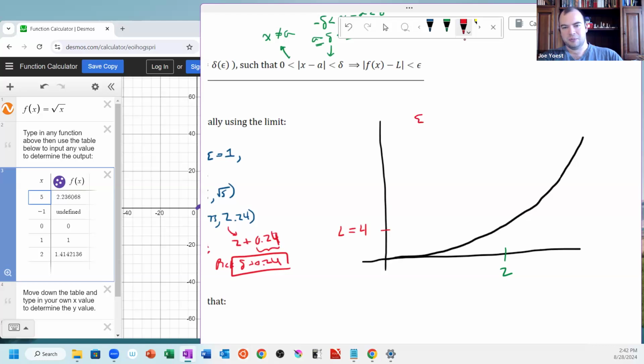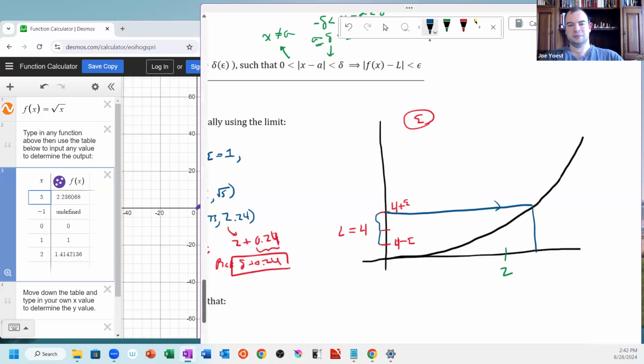And now for a more general epsilon, I'm going up to 4 plus epsilon and down to 4 minus epsilon. I'm looking to restrict my outputs to this interval 4 minus epsilon to 4 plus epsilon. If I follow those most extreme outputs over here,